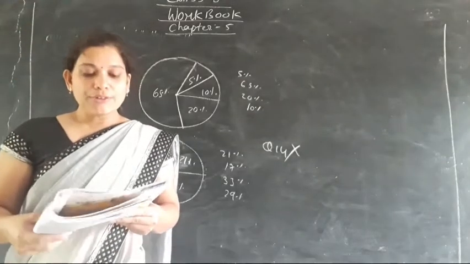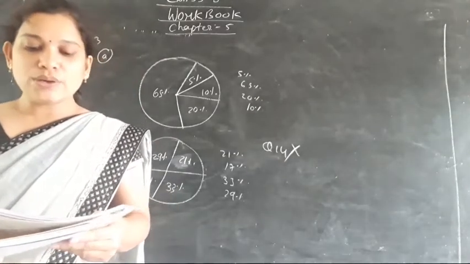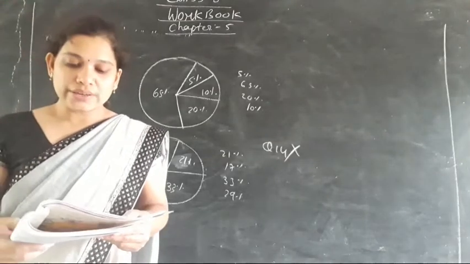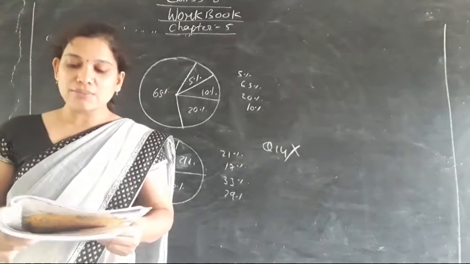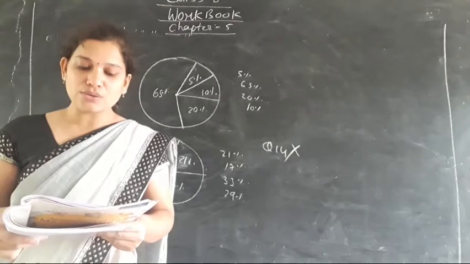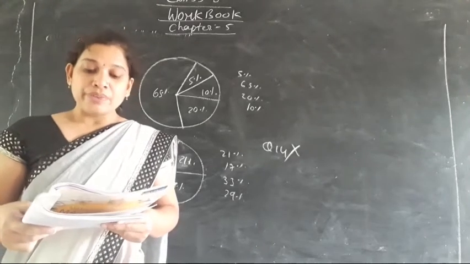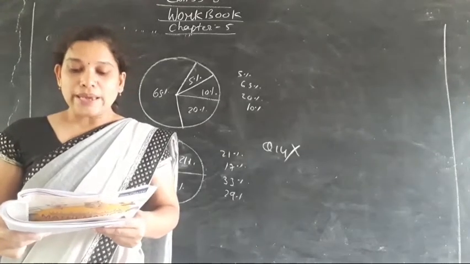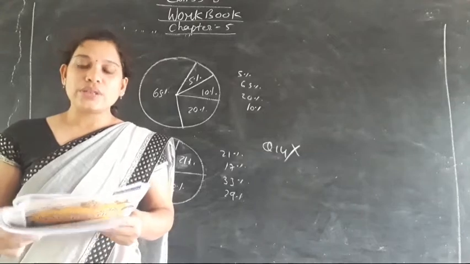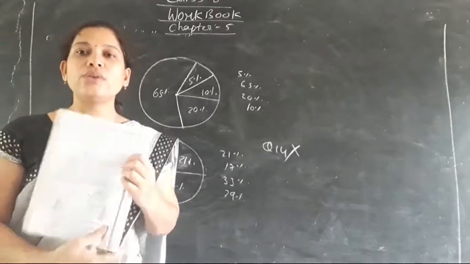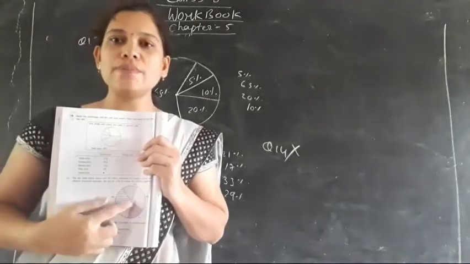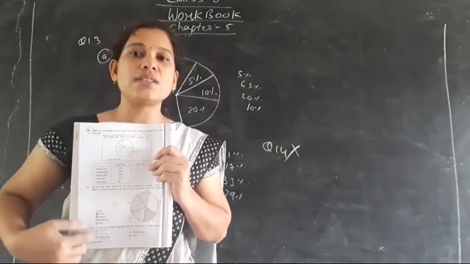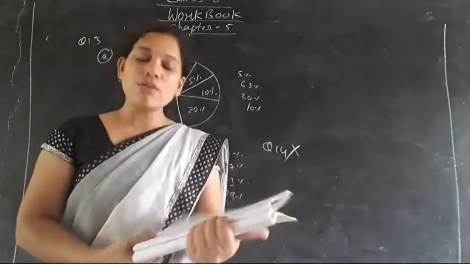In the question number 15 it is said that the pie chart below shows how Mr. Davis distributes his monthly income into different household expenses. See the pie chart to answer the following question. So here a pie chart is being given. You can look, a pie chart is given in the question. With the help of this pie chart we have to answer the following questions in the form of MCQ.